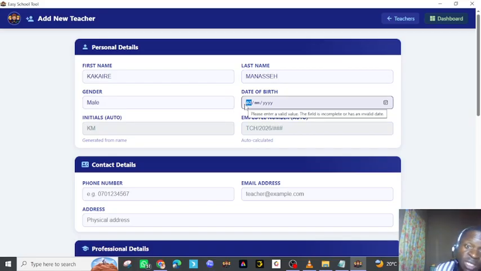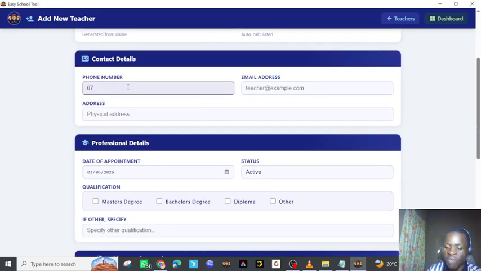This is very important because as you're entering this teacher here, their identity card is being created automatically on the system. As you're adding students onto the system, even their identity cards are automatically being generated. Remember, the system allows you to generate identity cards and then you print them. So we go to date of birth, second or third, you can say